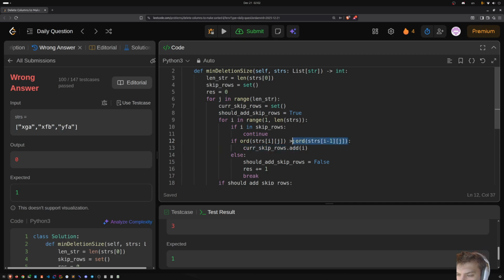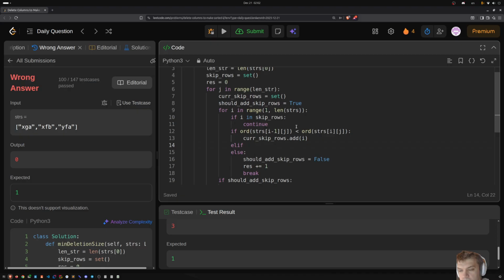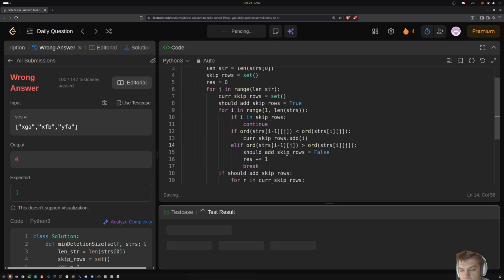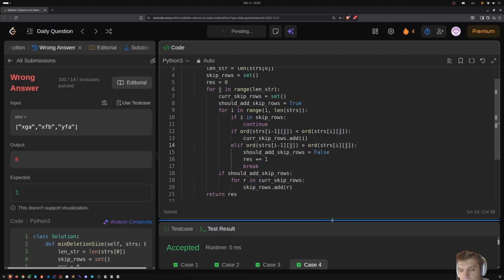Let's check, let's move it like this one. So the previous one should be less than the current one. And then if it's equal, if the previous one is greater than the current one, then I'm going to use this. Okay,